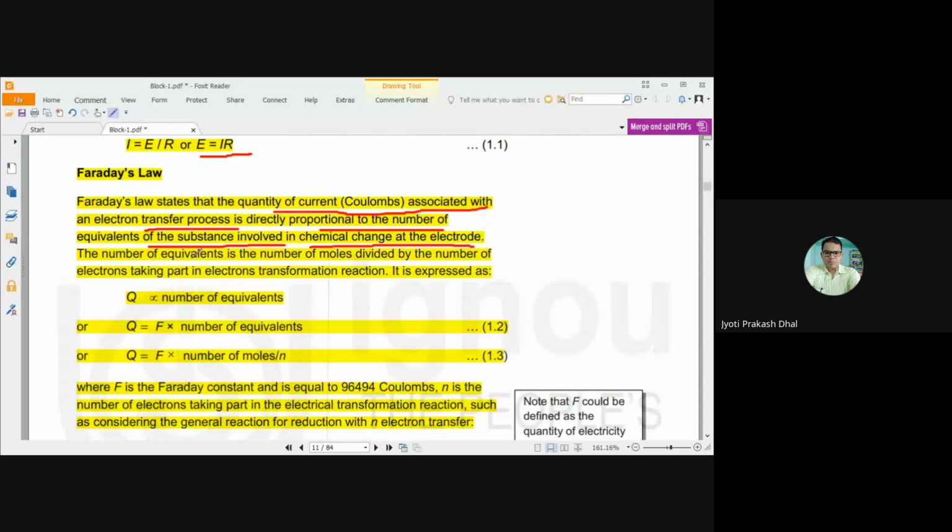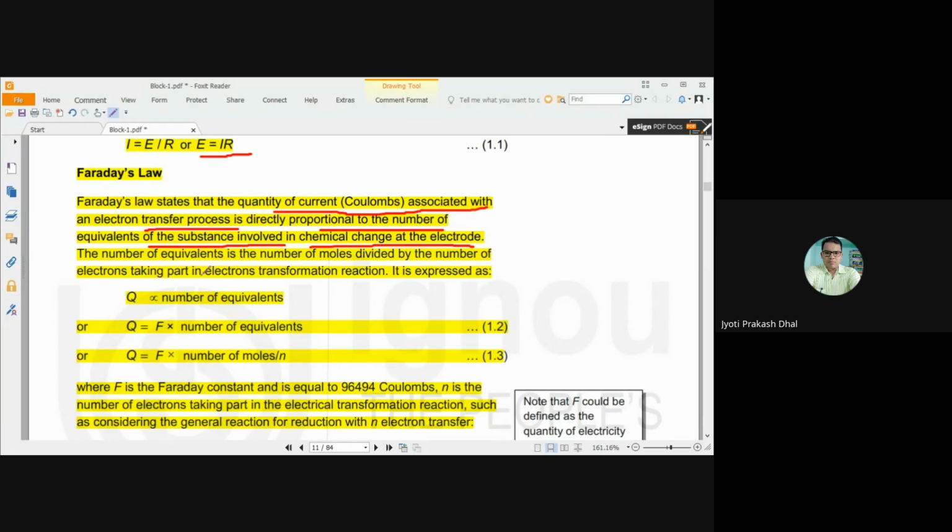Again, I am repeating the statement of Faraday's law: the quantity of current in coulombs associated with an electron transfer process is directly proportional to the number of equivalents of substance liberated or deposited at the electrode in any type